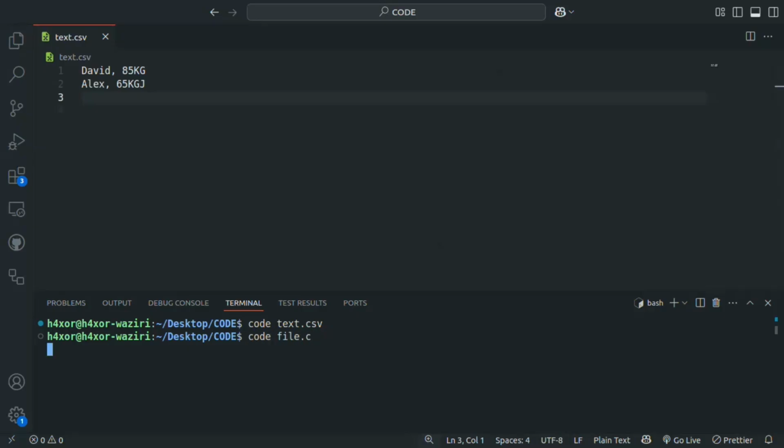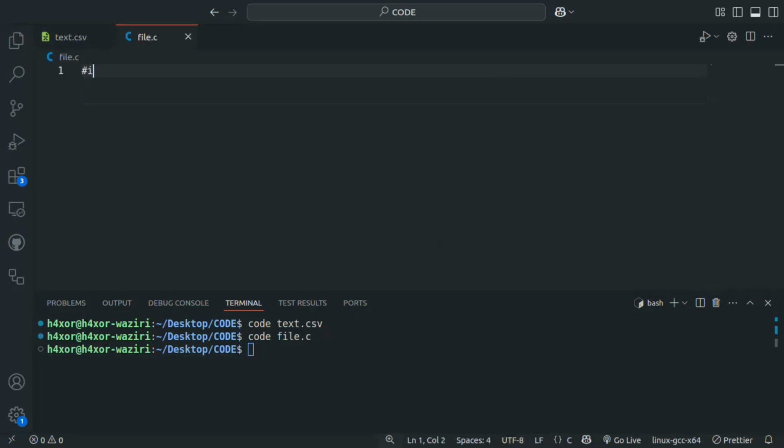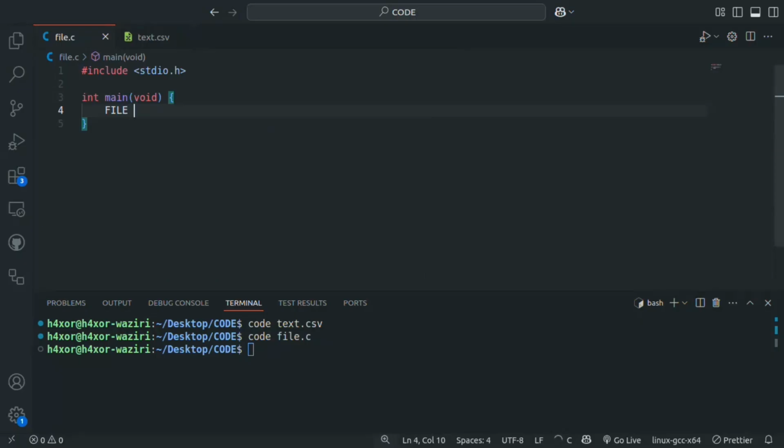#include <stdio.h>. Then inside my main function, main inside parentheses void, then open braces, close braces. Inside my main function, FILE, all in capital letters, then asterisk file, semicolon, then char buffer inside brackets 255, then a semicolon,